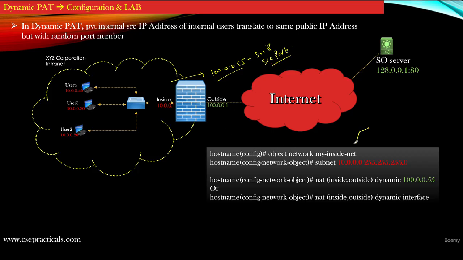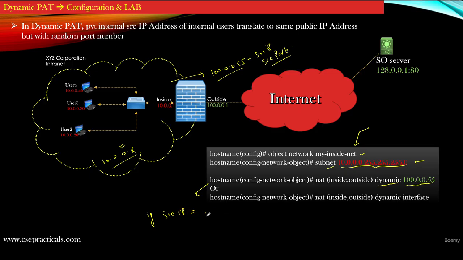So you can see that the network address translation configuration for this dynamic PAT is very easy. You first create an object network, and inside this object network we configure the subnet which represents the inside network of XYZ Corporation. Inside this subnet, all the IP addresses of the type 10.0.0.x will be accommodated, right? Now on this subnet I'm configuring a network address translation rule which says NAT inside outside, use the keyword dynamic, and specify the public IP address, right? So this configuration translates to that if the source IP address of the packet